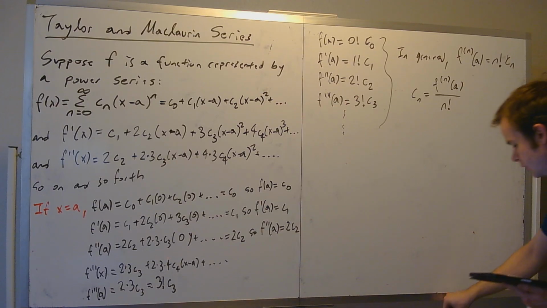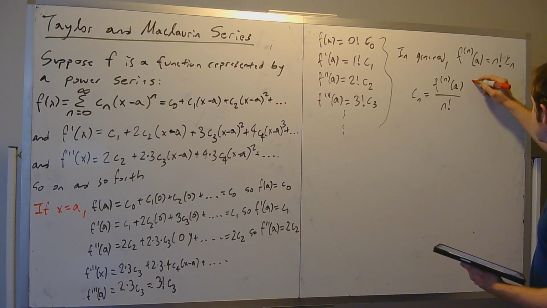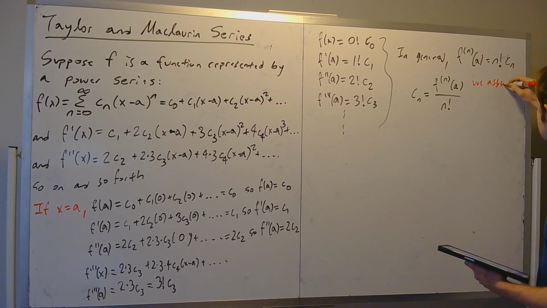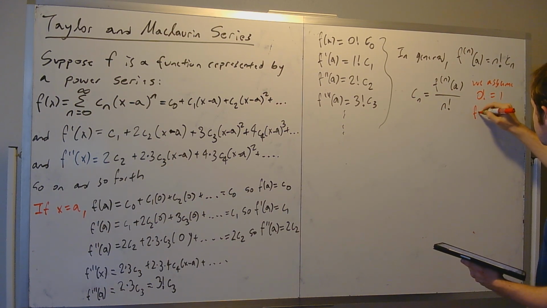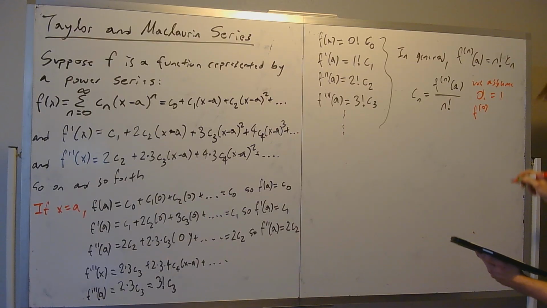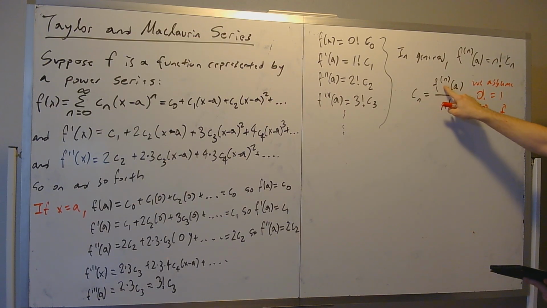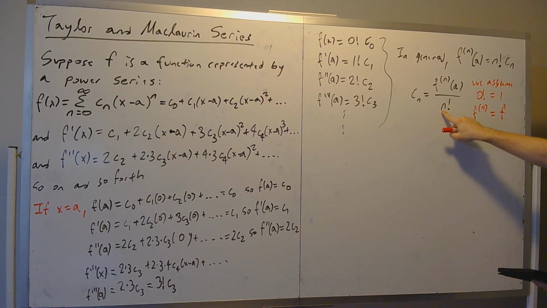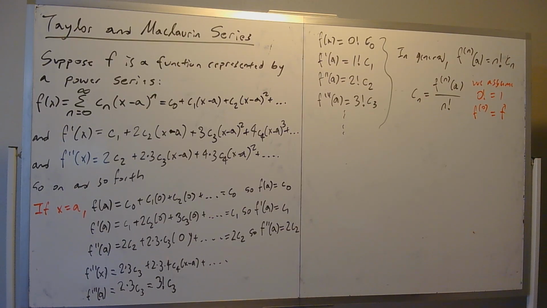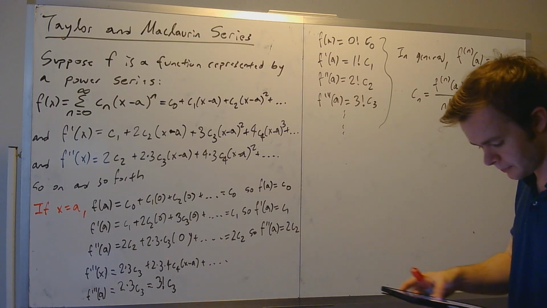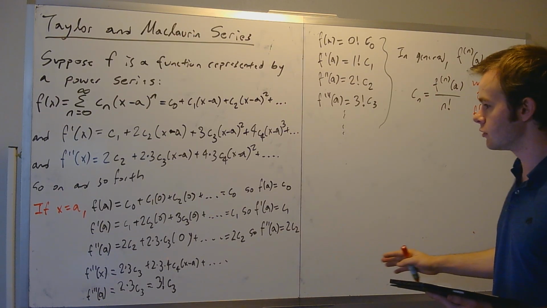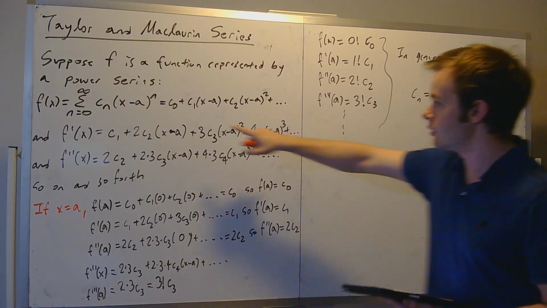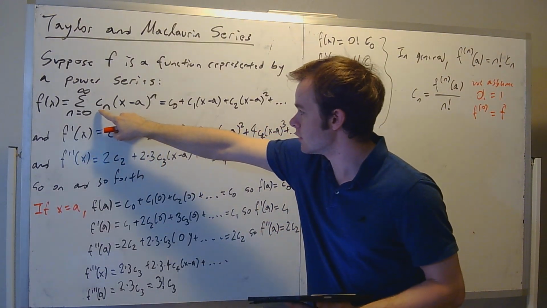And here, I'll say we assume that 0 factorial equals 1, and if you take the 0th derivative, we're just going to say that that's the same as our original function, f, right? So c0 is going to be the original function f evaluated at a over 0 factorial, and 0 factorial is 1. Okay, so we've actually figured out, just by doing this analysis, how to figure out